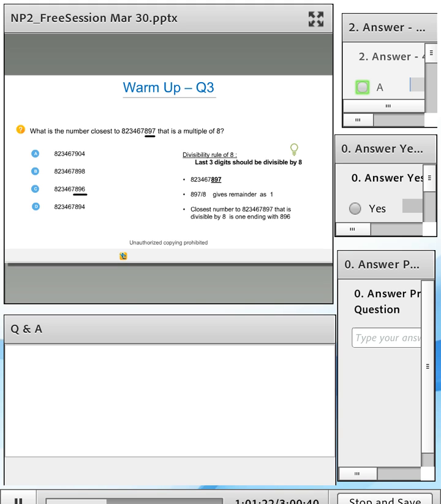So for those of you who were not able to solve this question, you need to figure out at which step you faltered. Did you not know the rule, which is a conceptual issue? Now over here, there is some more processing that's required. You need to understand the concept of remainder. So again, another conceptual issue. And then you have to do the final processing. So again, you need to be absolutely comfortable with the concepts here.